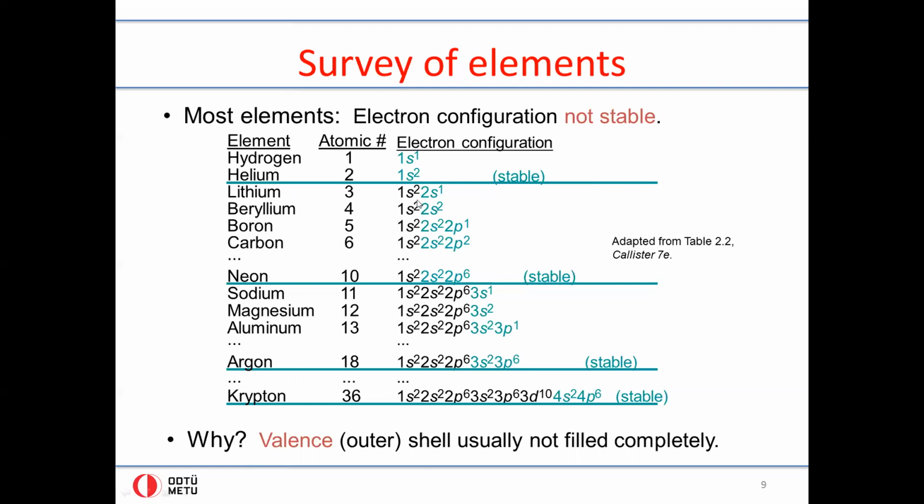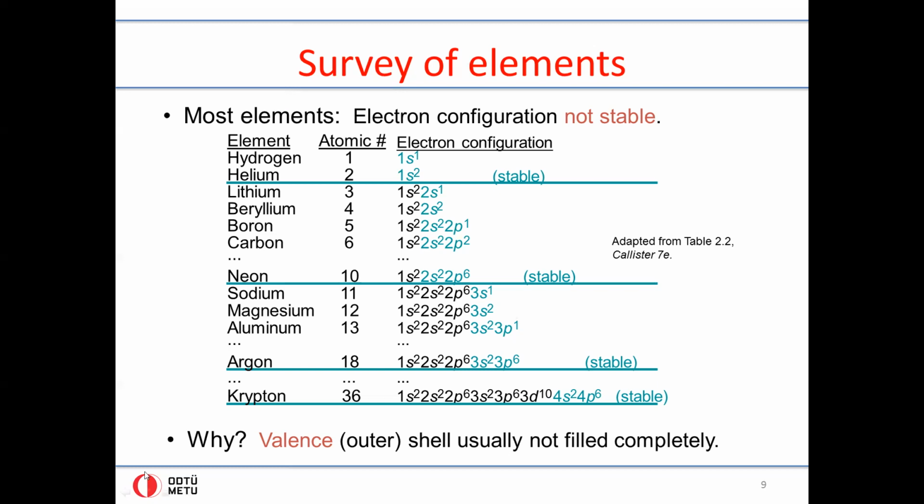Anything that's not noble has a certain arrangement where a shell is partly full, meaning it is able to take on new electrons, or it is able to lose the electrons from that shell to drop to the previous noble